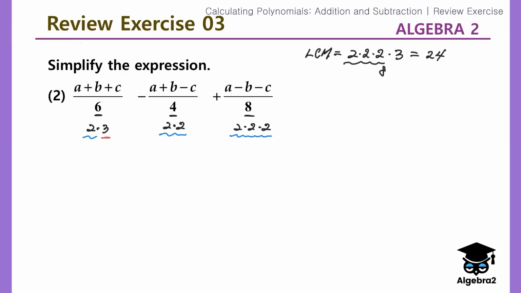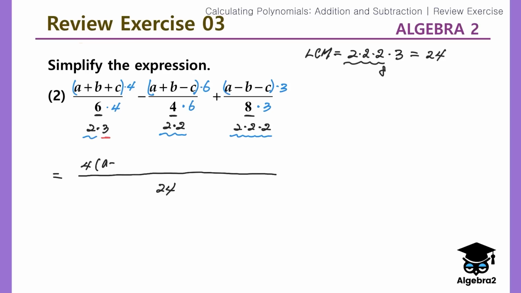So I'm going to multiply by 4 because 6 times 4 is 24. So multiply by 4. Multiply by 6. 4 times 6 is 24. So 6 here. And 8 times 3 is 24. So multiply by 3 here. So all of this expression is equal to the common denominator 24, and we have 4 times a plus b